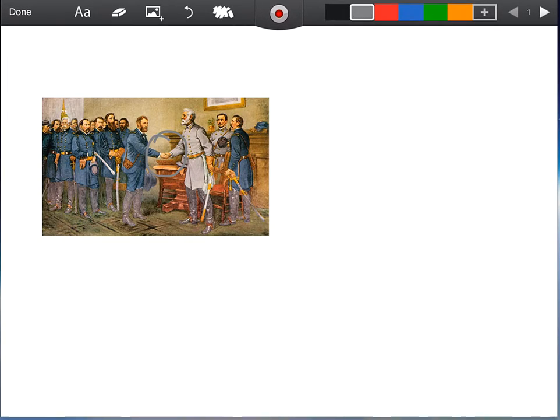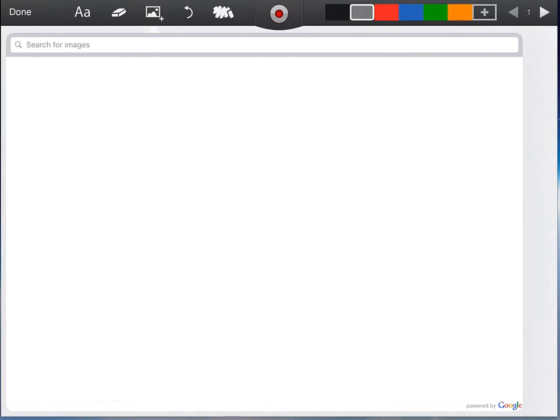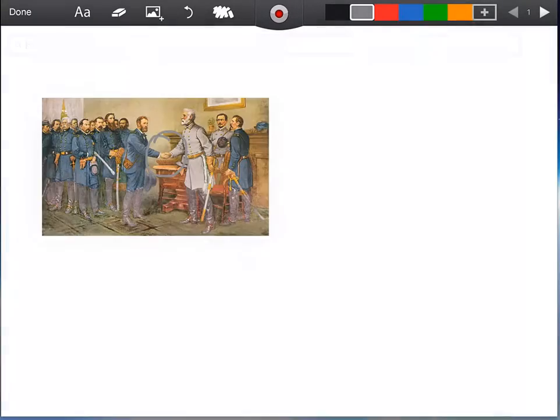I may want to add other photos. And let's say this leads to more discussion on something else, and I want to search for images on the web. You can also do that within this app. So I can search for my images and add them to the screen as well. There's so much you can do with this, along with a feature for recording as well. And if I tap on my arrows at the top, I can go to another page and continue throughout my lesson. As you can see, your iPad is a great tool for teaching,